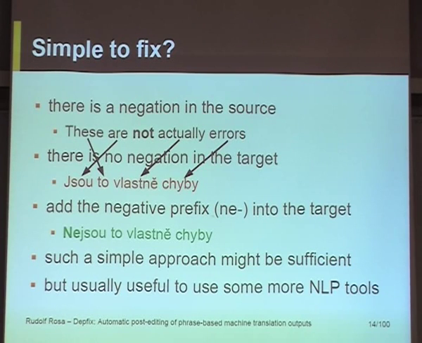And sometimes this can really work, but usually it's quite a good idea to use some natural language processing tools to do it more correctly and to be able to fix various kinds of errors. Because here, for example, it's not so easy to detect that the negation is not there or that it is there, because it can be expressed in various ways, both in English and in Czech. It can be the negative prefix, but it might be using other words. And the same problem is that if we want to put the negation somewhere, so we need to know where in the sentence we want to put it. So maybe at the beginning, but maybe not.